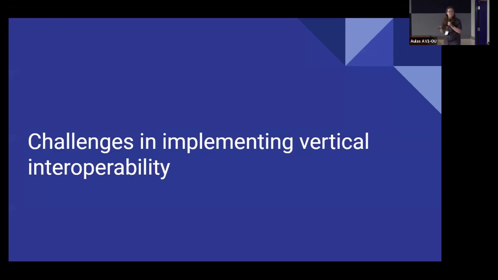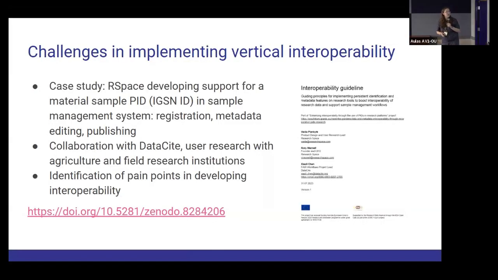So what are the challenges in doing this work? There are many of them, but I'll try to cover just a few. The focus I want to take is the project we did implementing IGSN IDs, which are a material sample PID. We built a little system so you can directly register, edit the metadata, and publish an IGSN ID from your sample management system. So you already have a sample and you just click, okay, register IGSN ID, and it's associated with that entity